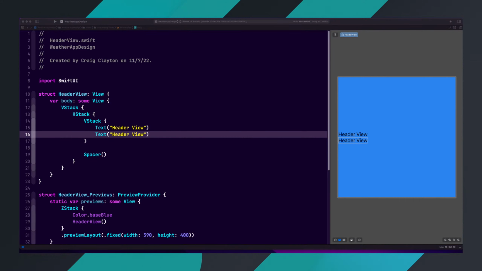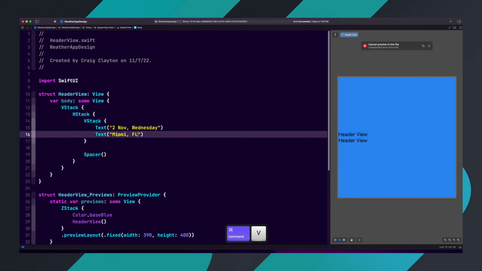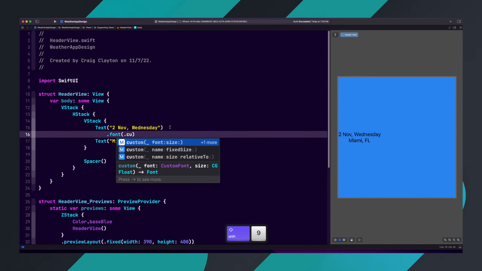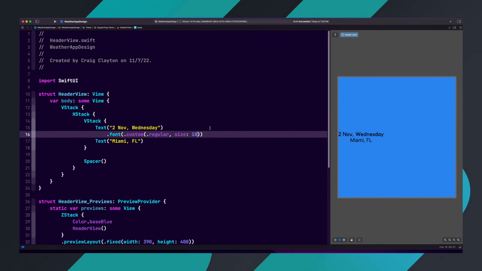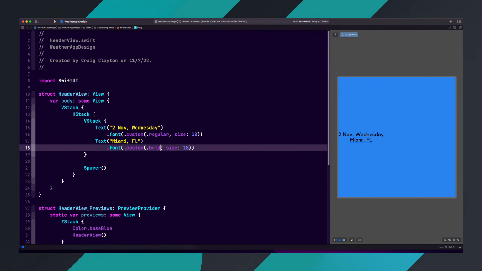So the first text view needs to have the date, so we can just put in any arbitrary date. So we'll put in the 2nd of November, Wednesday, and then we'll put in Miami, Florida for the location. So we are good there. And then let's refresh preview so it fixes. And then here we want to make sure that our fonts are there. So we're going to do font.custom and then say regular, and the size is 18. And we can go ahead and copy that and paste it, and we'll change Miami to bold,